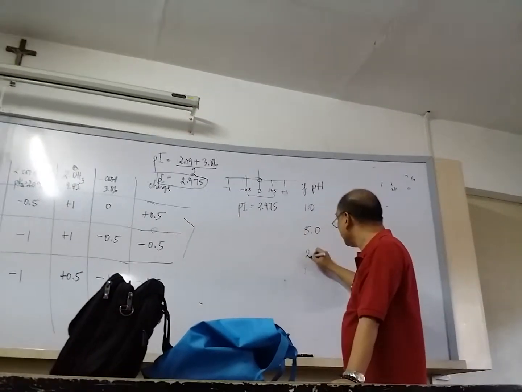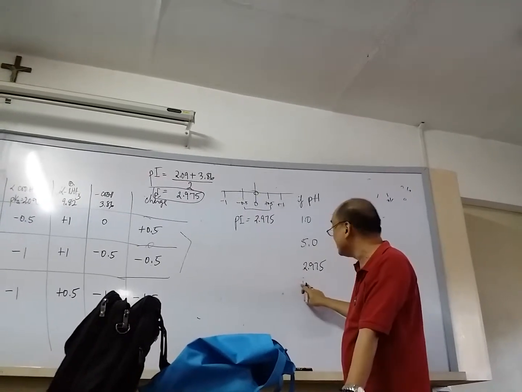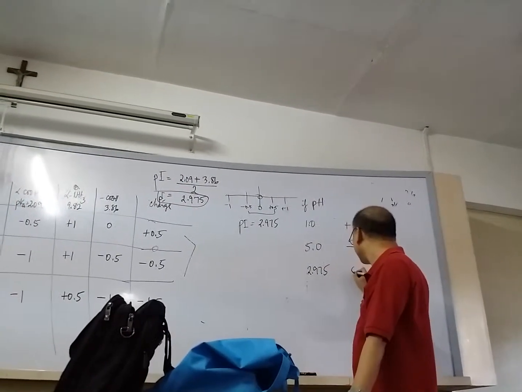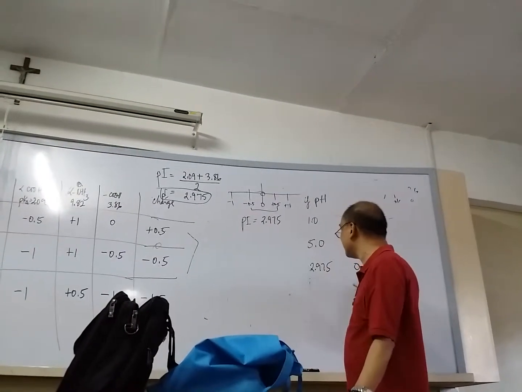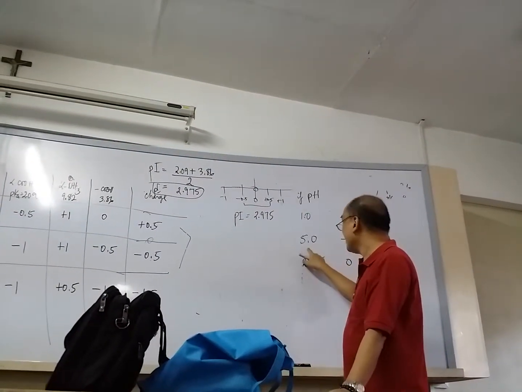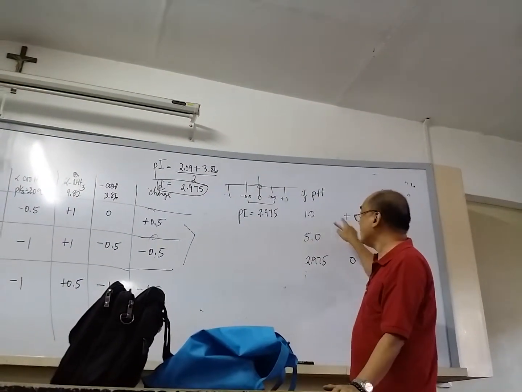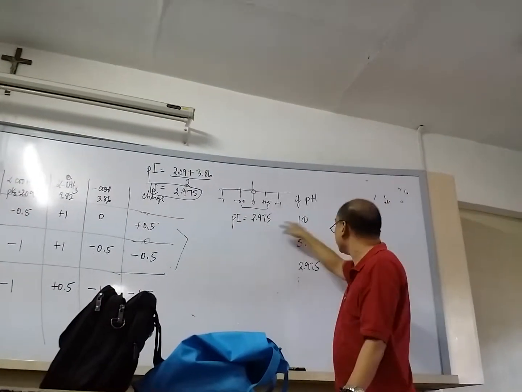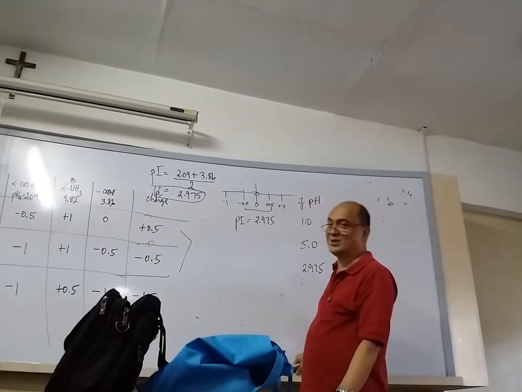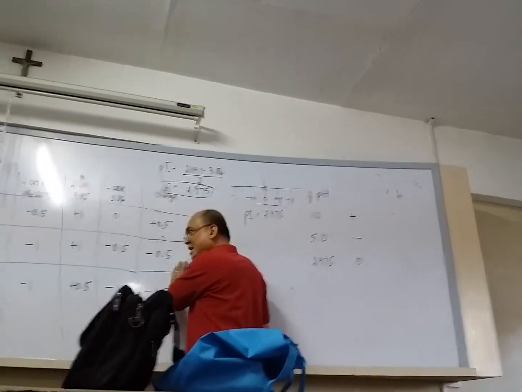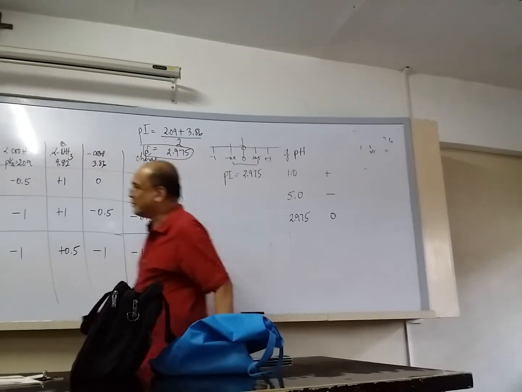If the pH is 2.975, the same as the PI, then the charge is 0. When the PI is the same as the pH, the charge is 0. When the pH is more basic compared to the PI, the charge is negative. When the pH is more acidic compared to the PI, the charge of the amino acid is positive. Okay? So this is how you calculate for the PI of the amino acid. Okay. So punta naman tayo sa